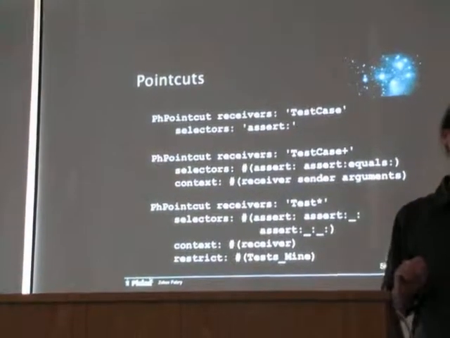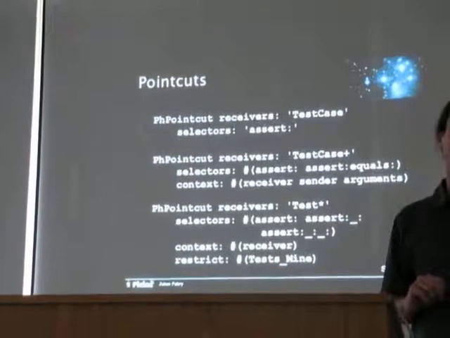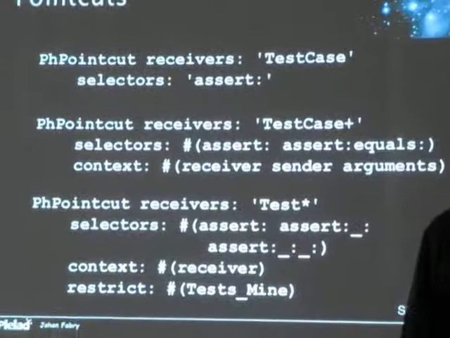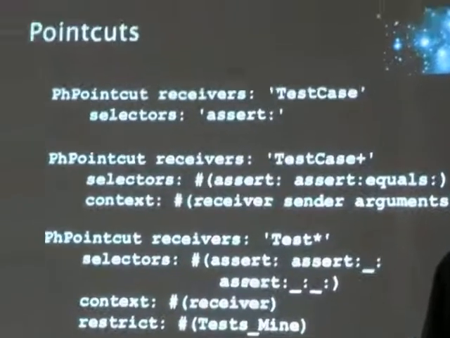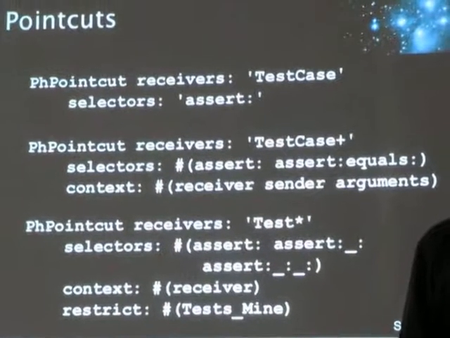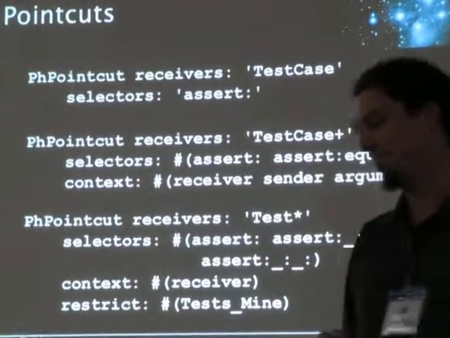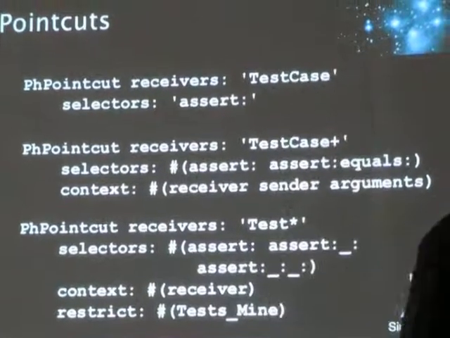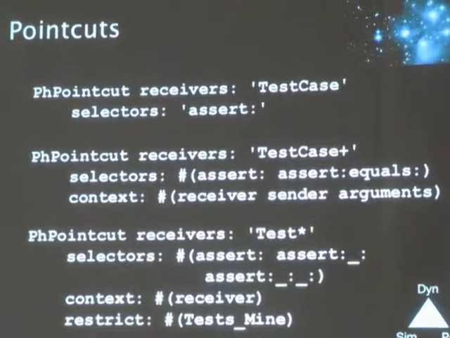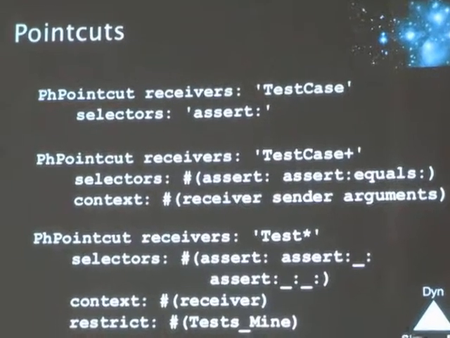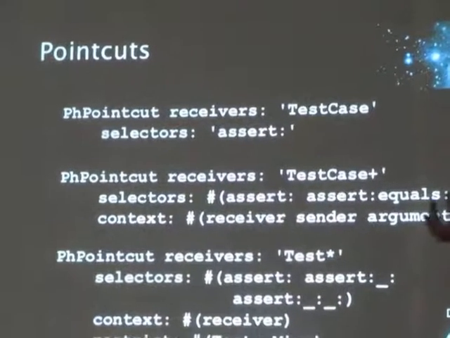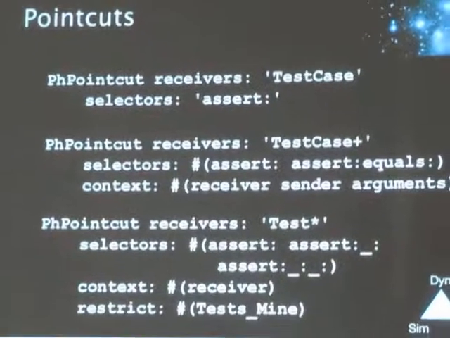Could be. Because otherwise, if you don't really care about efficiency, or if you don't want to use complex techniques for efficiency, it would be simpler to use a block for point cuts, so that instead of test case plus, I can simply write object class is kind of test case. This is the way this stuff was done in AspectS, and I don't really like it because I prefer the patterns. I think they are much more concise in the way in which you can express what you want to match. It's also a standard because it's been in AspectJ for a very long time.